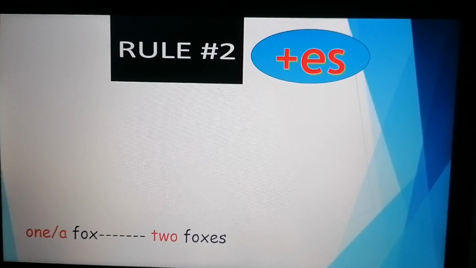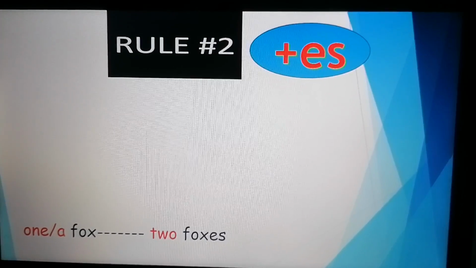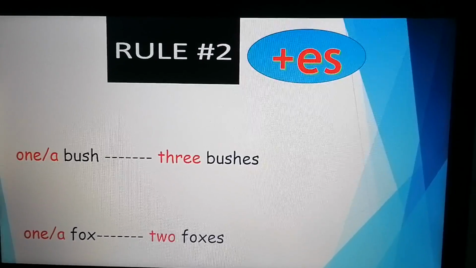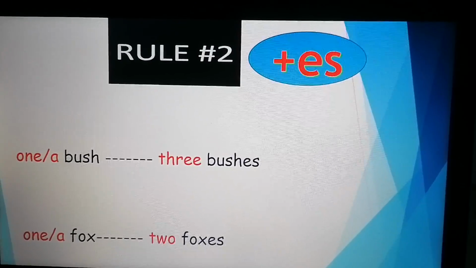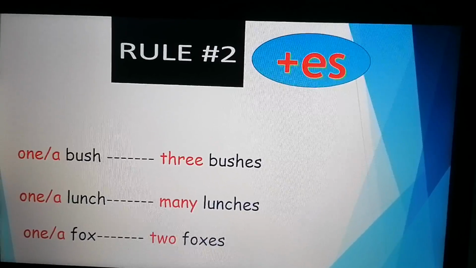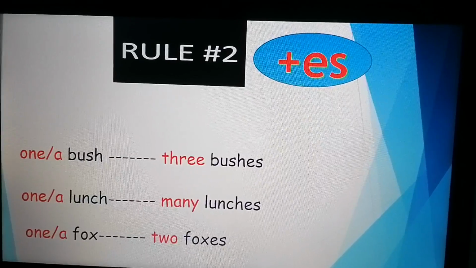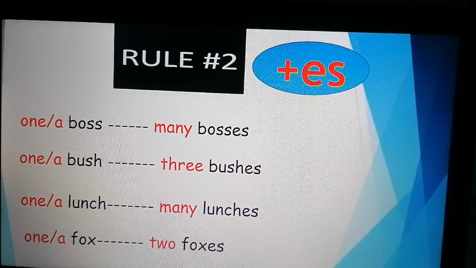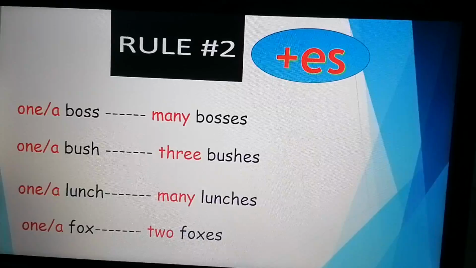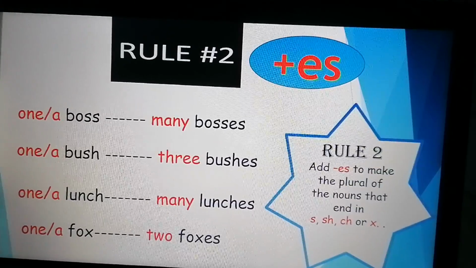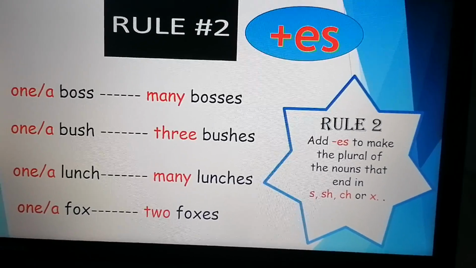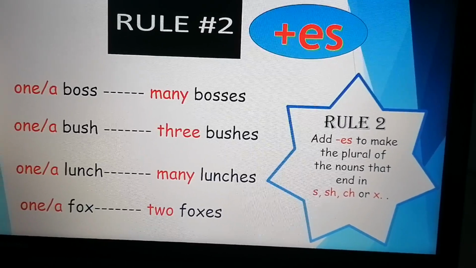Here are examples. One or a fox, two foxes. One or a bush, three bushes. One or a lunch, many lunches. One or a bus, many buses. Okay, rule number 2 tells us to add es to make the plural of the nouns that end in s,